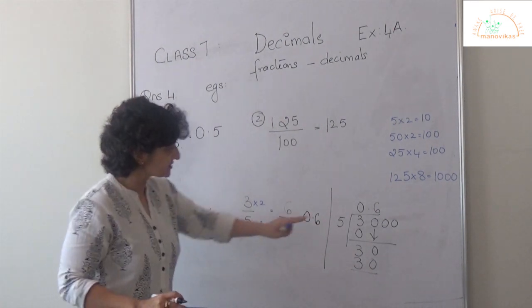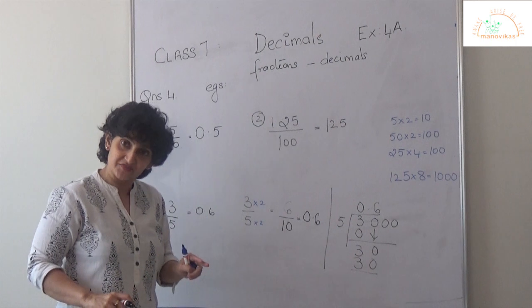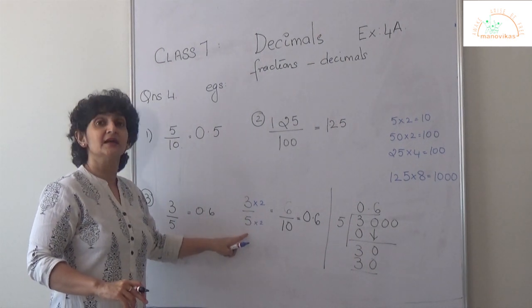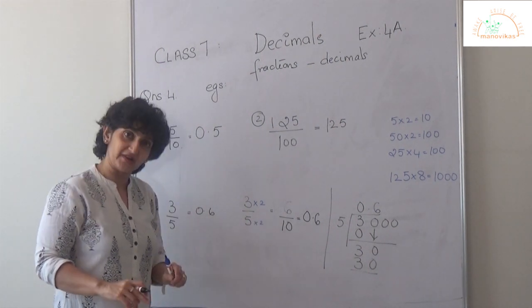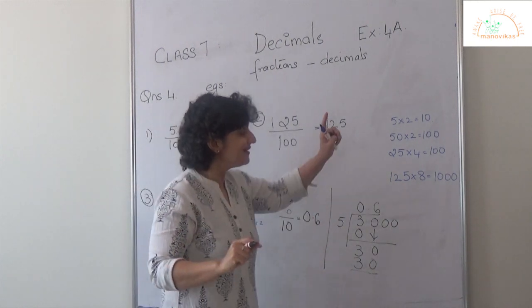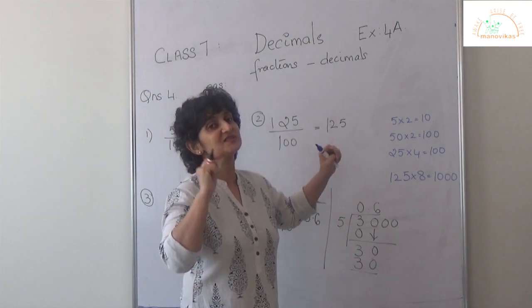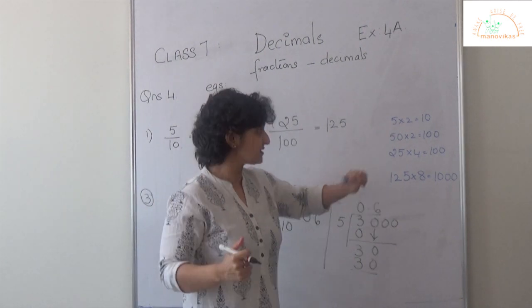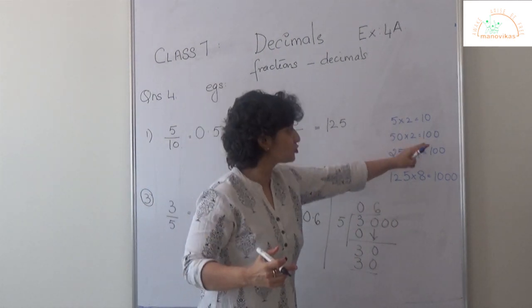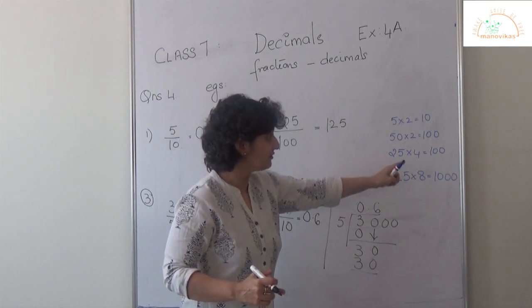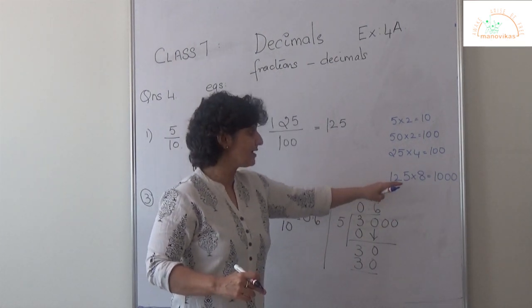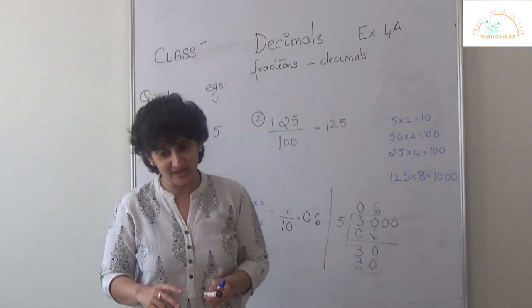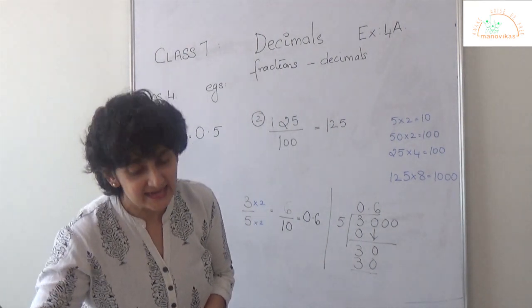I give you a choice. You can either do it by the division method or you can convert it into a decimal fraction. Please note, learn these tables. It becomes easy for you to convert into decimals. 5 2s are 10. You know it. 50 2s are 100. 25 into 4 is 100. And 125 into 8 is 1000. Let's go to the next